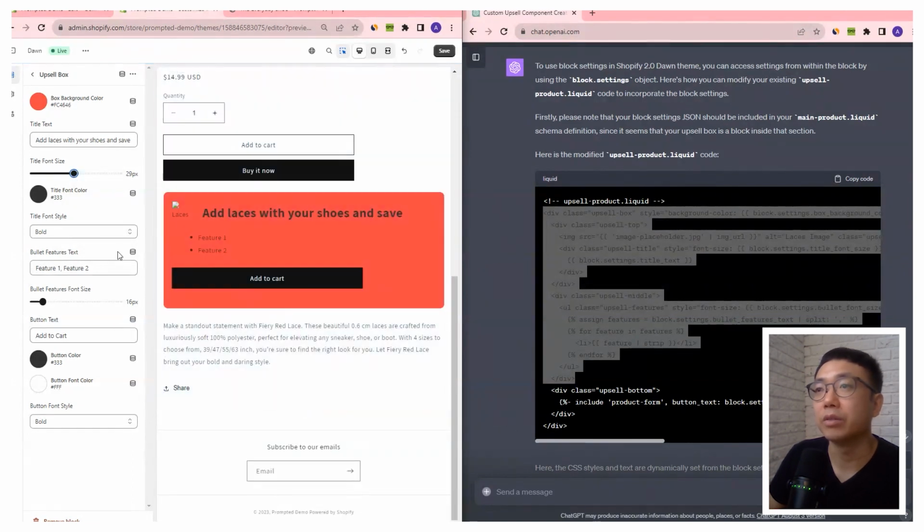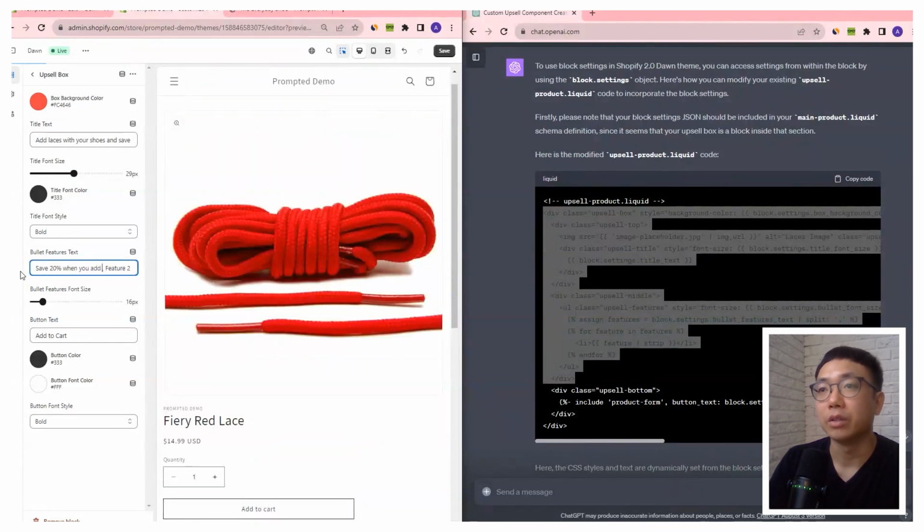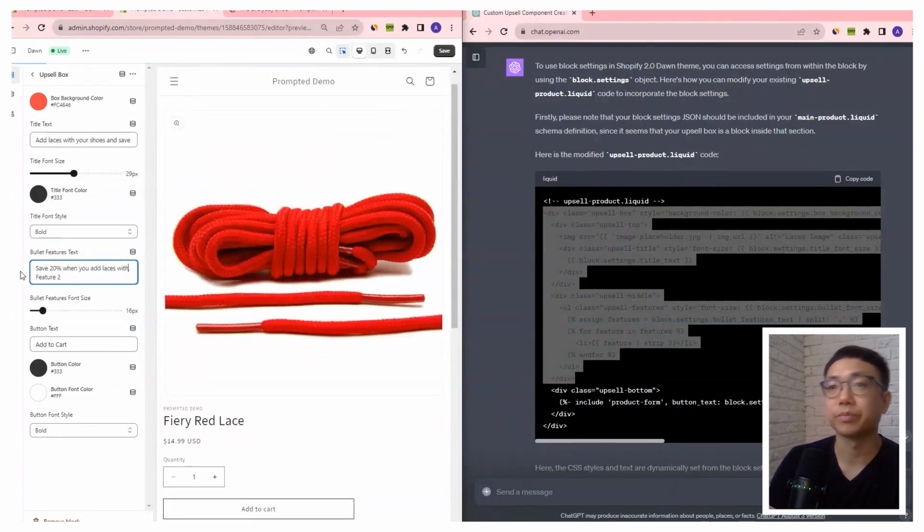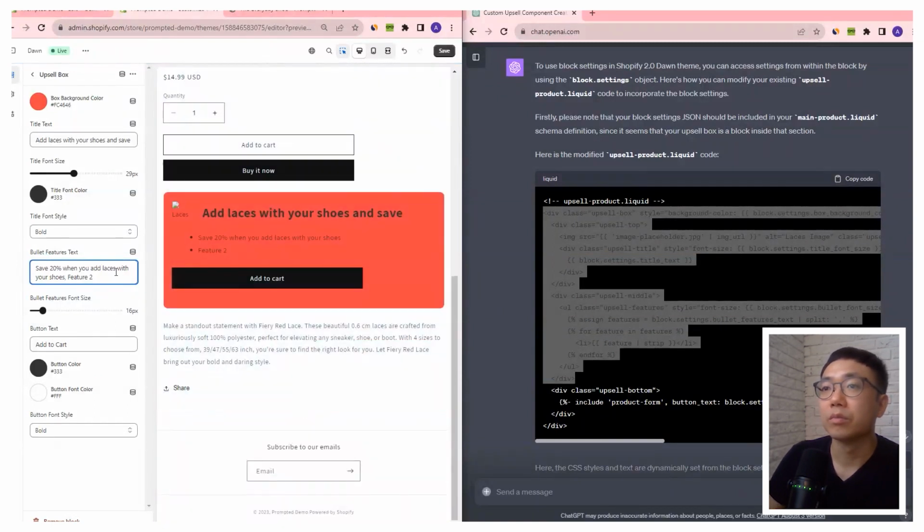And let's say we want to add a feature like save 20% when you add laces with your shoes. And we can say lifetime warranty,